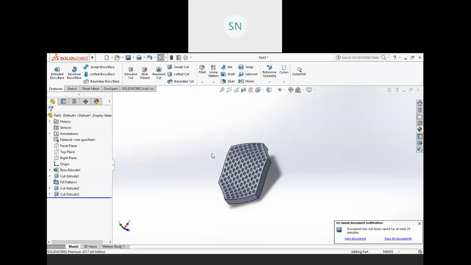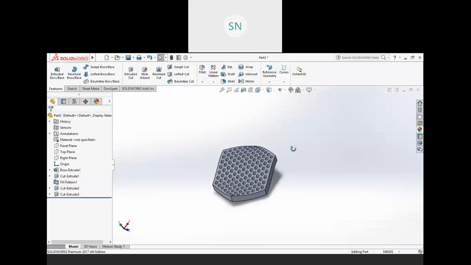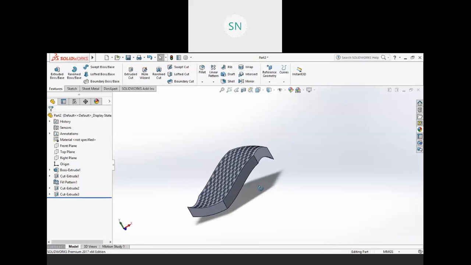Now we have only one topic remaining, which is wrap. So wrap is a very important tool for mold creation and also for text placement. Many times whenever you see a plastic product, there must be some kind of text written on that product, right?